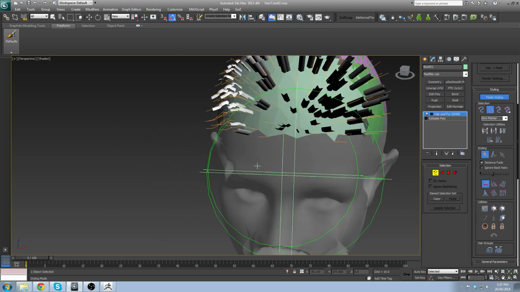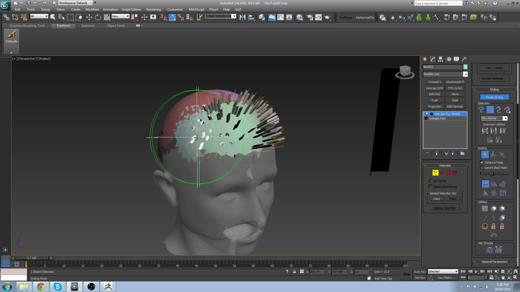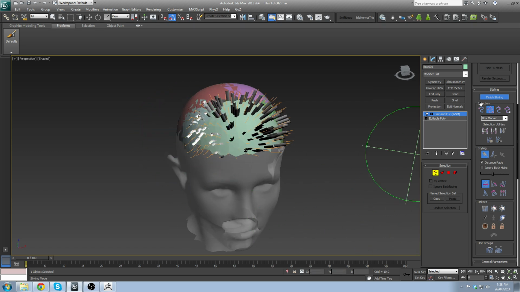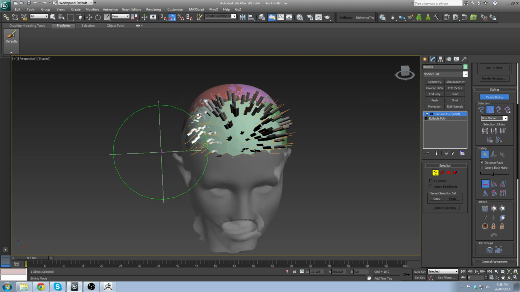The thing is, the Hair&Fur modifier is, I think, really buggy. I don't know if it's coming from my computer, or if you're going to experience the same thing, but I had a lot of trouble like this one. If this is happening, remember that the hotkey Control Z doesn't work with the Hair&Fur modifier. Yeah, this is another thing that's really weird and really annoying, but the Control Z doesn't work with the Hair&Fur